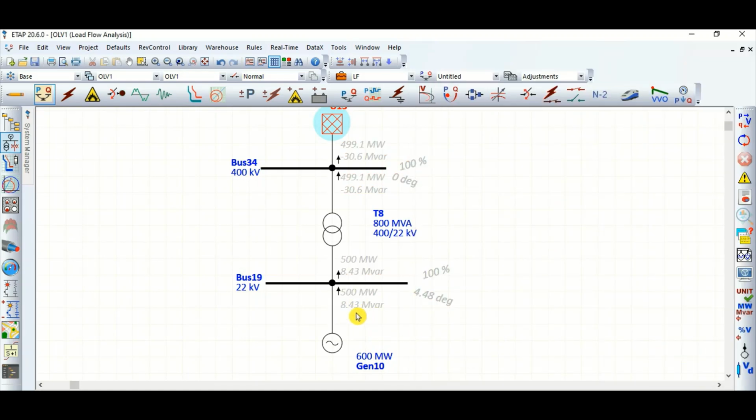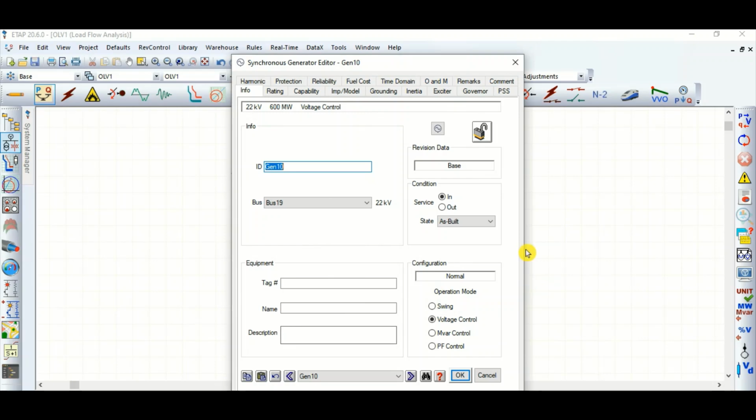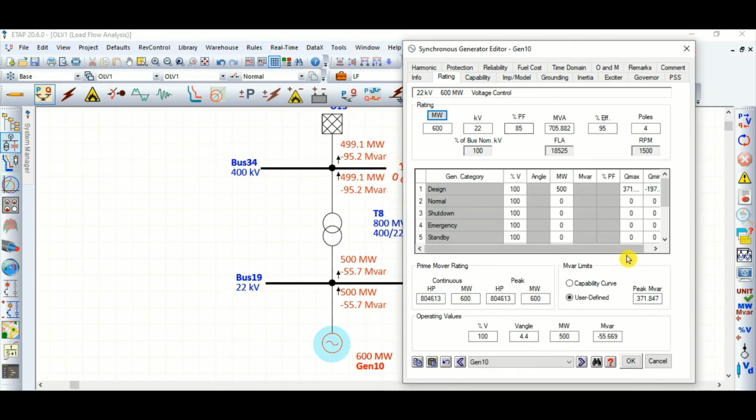So it was 8.43 Mvar. Now you can see, instead of delivering 8.43 Mvar reactive power to the system, the generator is now absorbing, because the negative symbol is there. That means the generator is absorbing reactive power of minus 55.7 Mvar, and the limit is minus 197 Mvar that the generator can absorb. Okay,